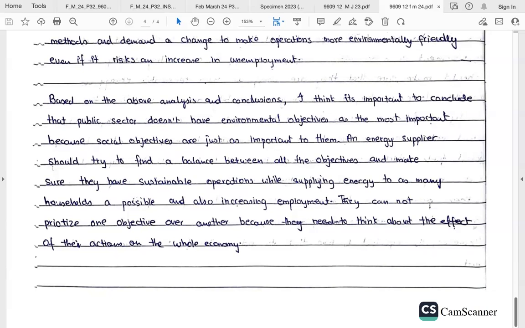What you have done in the final evaluation, you might have added something that their objectives depend on their size, for example, the objectives of the government, what the government actually wants from them. It also depends on how much finance the government can provide them to achieve their objective, specifically environmental. So you might have added some factors on which your decision was dependent to improve this evaluation. This was again a good answer, not bad. I'll give you 10 out of 12 in this answer. So this is your paper.